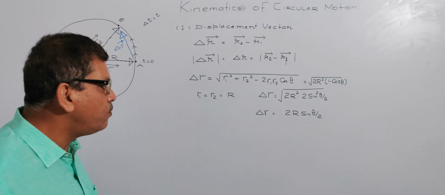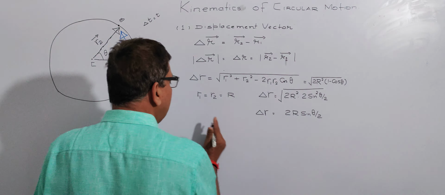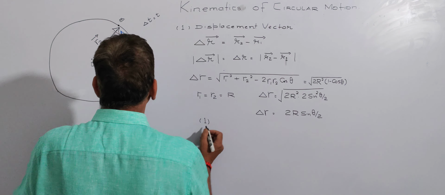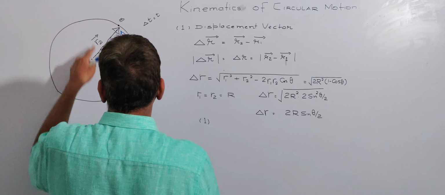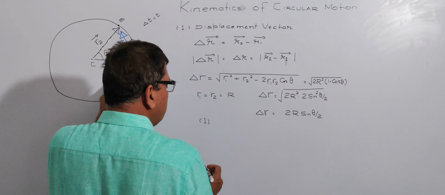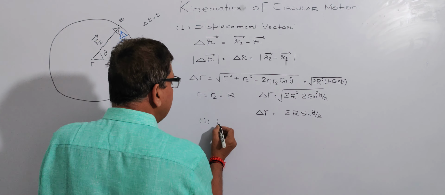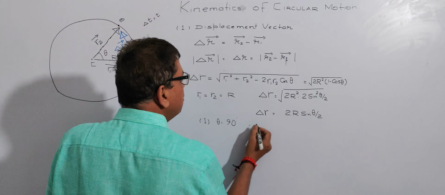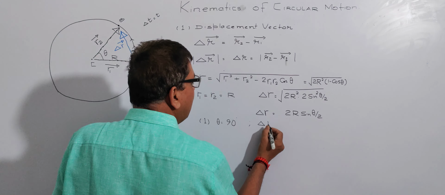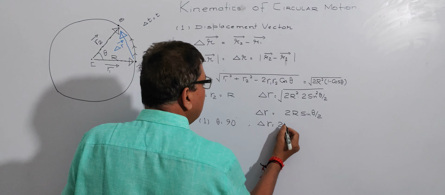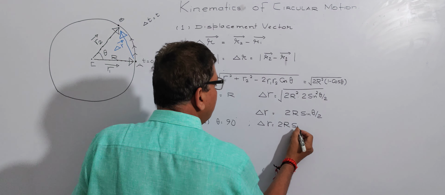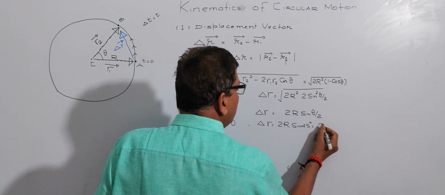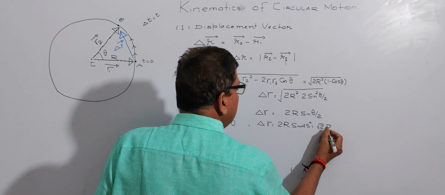Now you will observe, for different values of theta, let us take when the particle makes 90 degrees. Suppose it moves and it is normal to the original initial position vector. If I say theta is 90 degrees, I can find the magnitude of displacement vector delta r is equal to 2r sine 45, and this can be written as 1 by root 2, so root 2 r is the magnitude